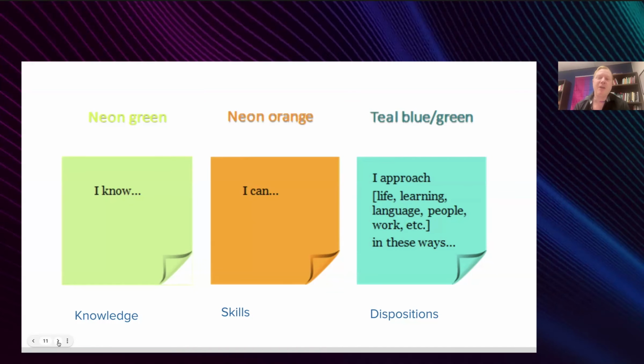And as you're thinking about it, you may also notice that those dispositions seem to be the slightly more difficult ones to come up with. We notice that our students can fill out I know and I can very easily, but then they take a little bit longer to think through some of the dispositions as they're connecting the little pieces to the broader world. Absolutely. Let's wait for a couple more examples in the chat.